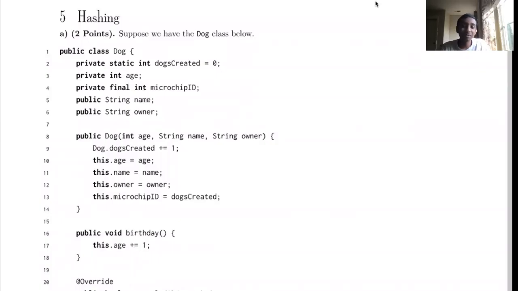Hello, everyone. Today, we're going to be going over question 5 of the final exam, which has to do with hashing. And for part A, suppose we have the dog class below. So let's actually take a look at the dog class before we go into the questions. And for the dog class, we see here that we have a large list of variables that the dog class